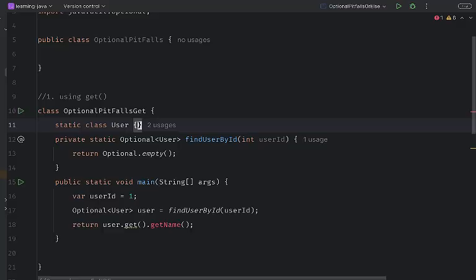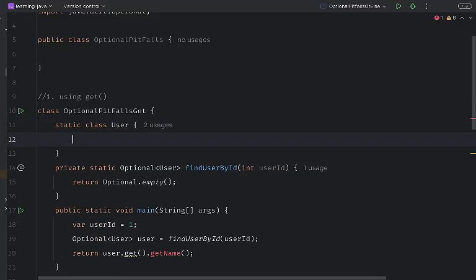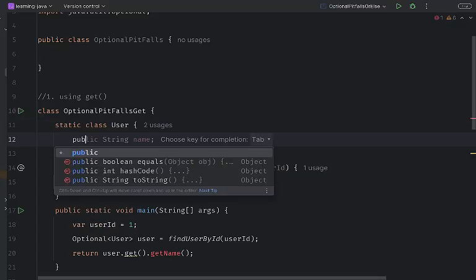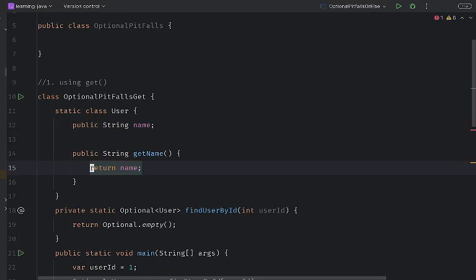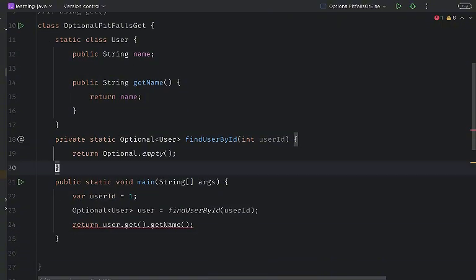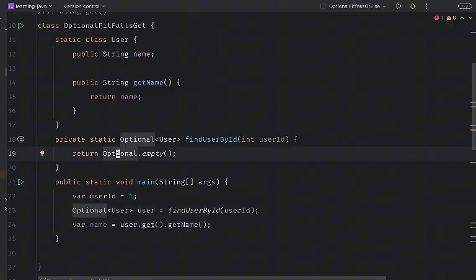Public String name, get name. This is naive. For example, this is something you got from the database, and without checking if the user is available or not, you call get, and this ensures you get